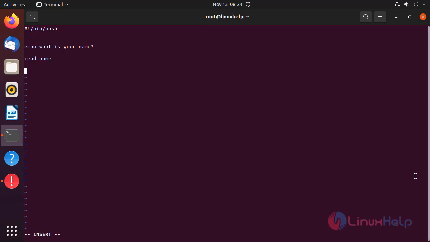Next, I am going to read another variable. For age, the variable name is also age. Next, I am going to read another few variables.